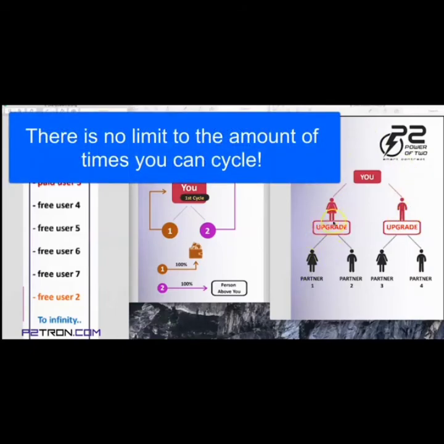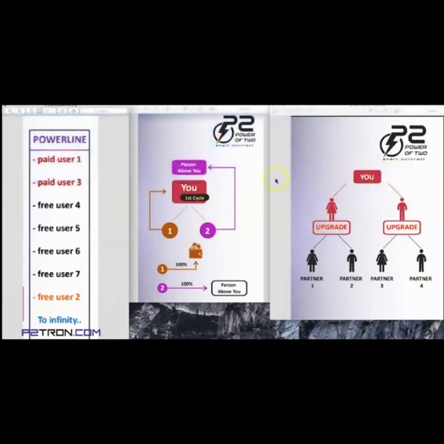So let's look at this one more time. The first person pays you, the second person cycles you again. You receive 100% of this first person. Your first person here, they get 2 people from the global power line. This first person pays them, the second person cycles them again, and you have this new cycle. It's open. Guess what? That person lands here, or that contribution, and it pays you again. That's a second time. Over here happens again. This person pays them, this person cycles them, maybe it lands in your second spot, cycles you again. Now you have an open new 1 by 2, however you want to refer to it, okay?